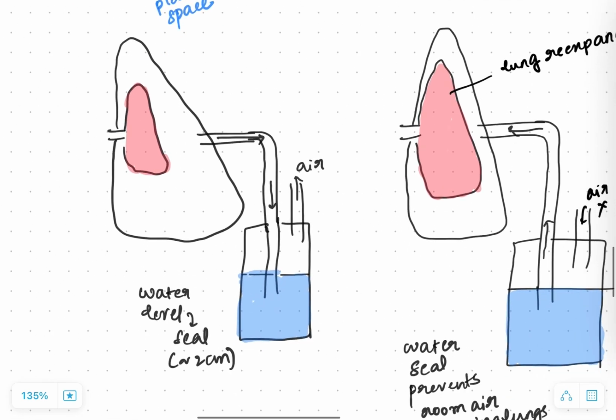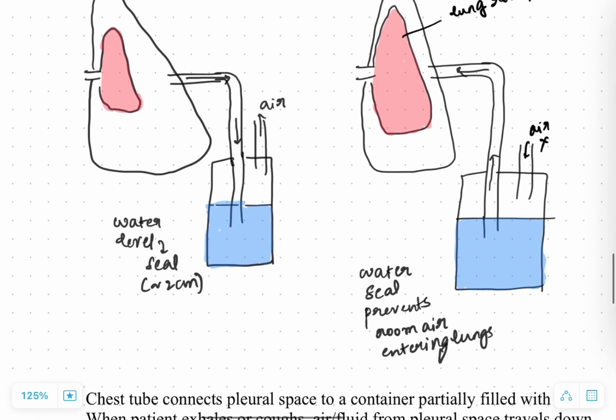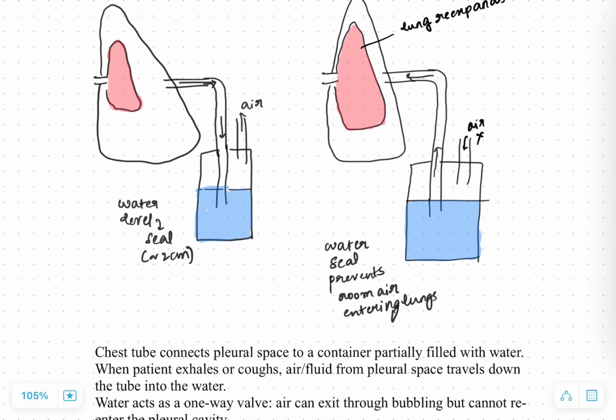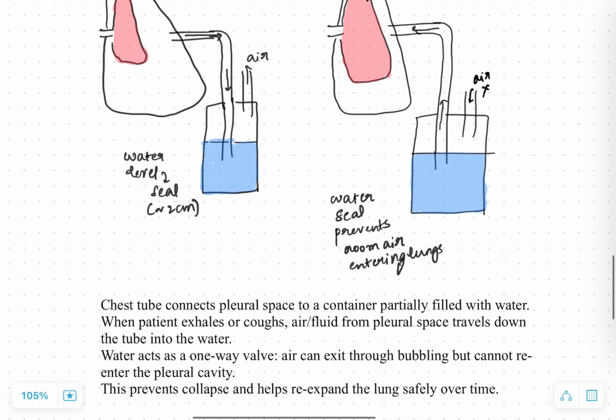So here we will see the mechanism of this underwater seal. At the fifth intercostal space, the chest tube is inserted and it is sealed to an underwater seal up to a 2 centimeter level. So here what it does is the chest tube is connected to the pleural space, with a drain partially filled with water. Whenever the patient exhales, the air from this pleural space will enter the tube and will go